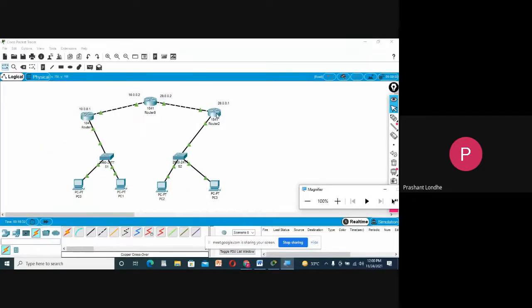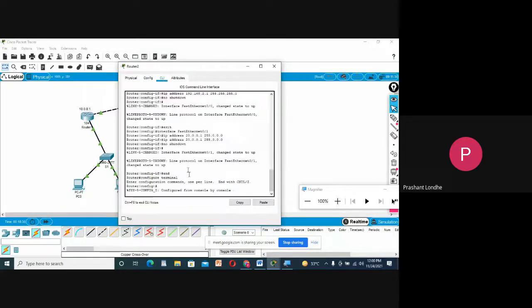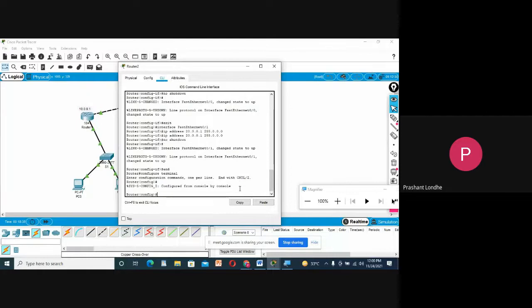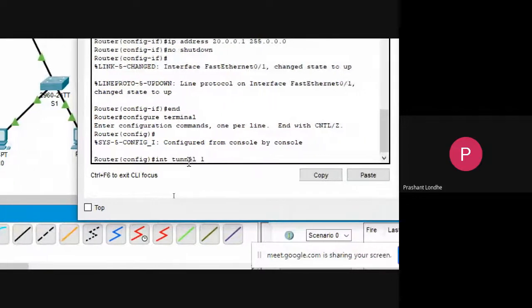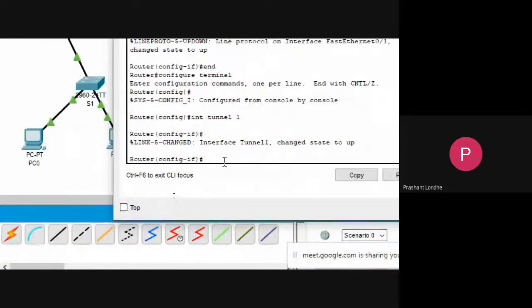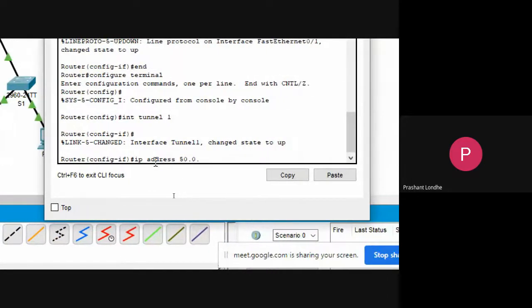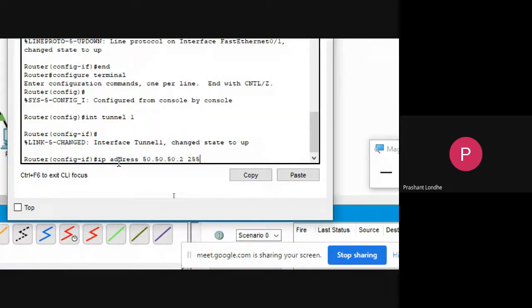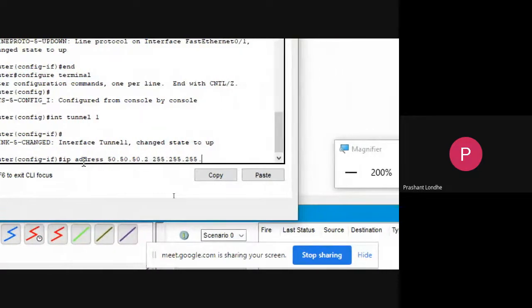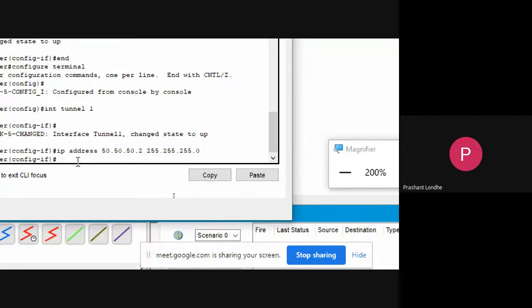I need to do the same thing for router 2. So I will double click over there. Int tunnel 1. I need to give one more IP address, that is IP address 50.50.50.2, and the mask will be 255.255.255.0.